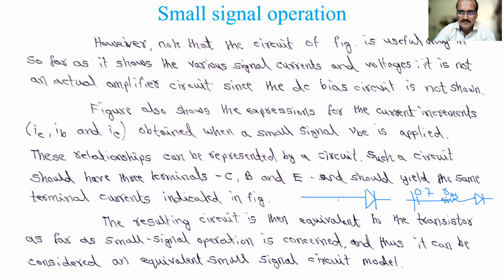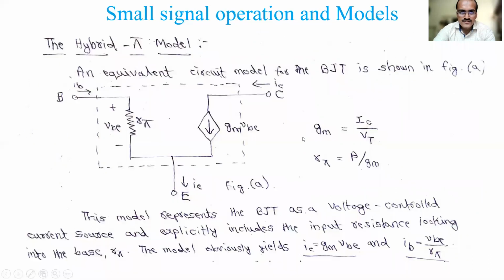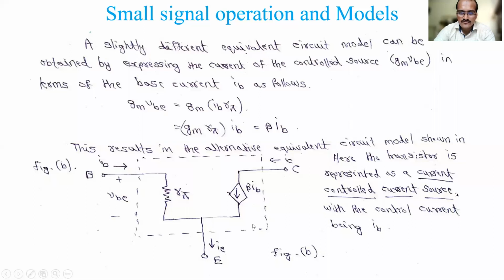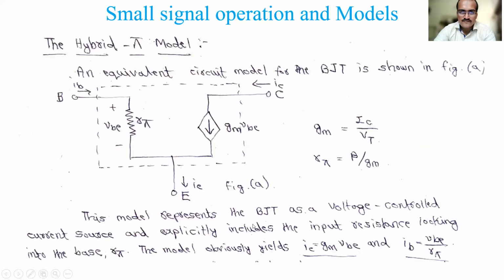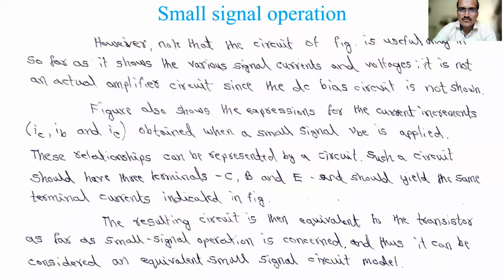Time is running, so in the next class I will try to finish it off. A small portion is there. We will continue in the next one with MOSFETs. That completes the one unit here, BJT. So this is the hybrid pi model. A transistor will be replaced by a resistor and a dependent current source like this. And an alternative model we also have. This small portion is left out. In the next class, I will try to complete it.